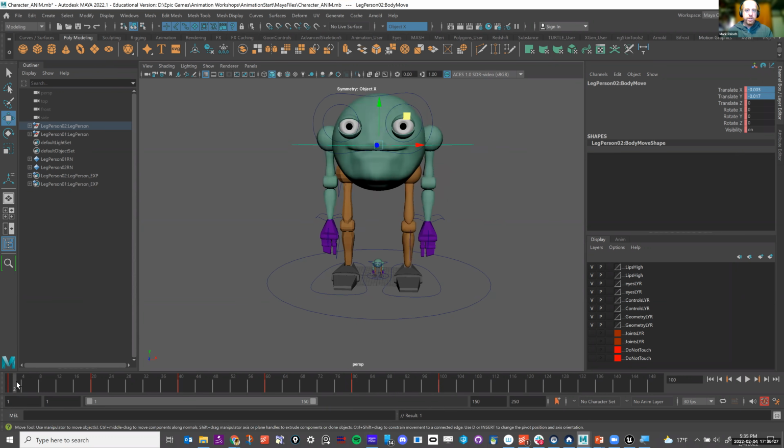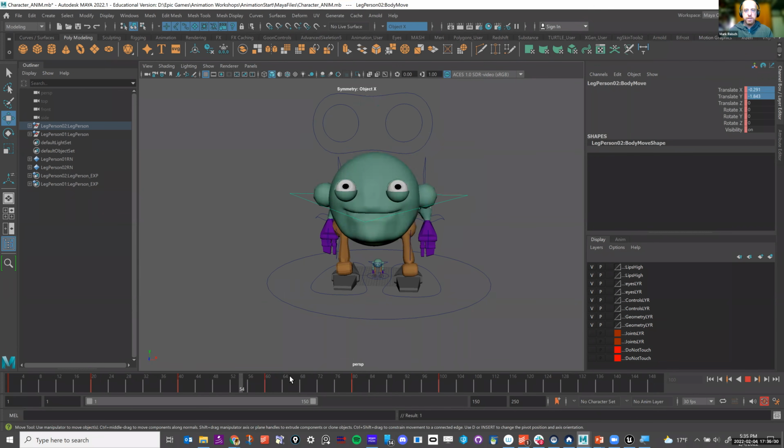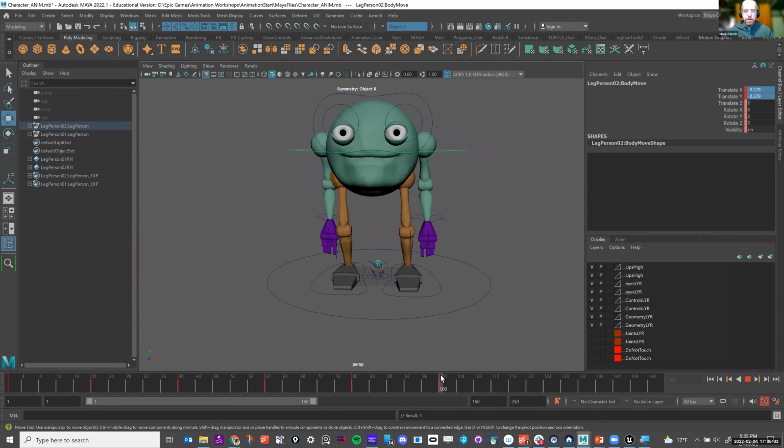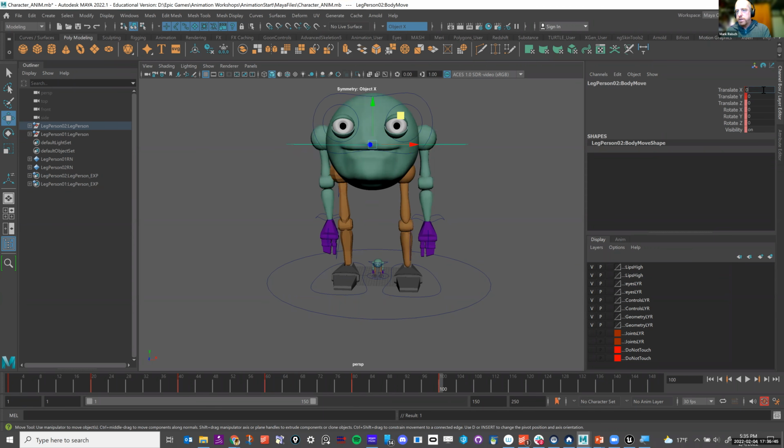Okay, so I have an animation that has my character going like this. I actually could repeat the animation and just have it loop, but I'll just end it right there. So that's going to be, oops, set that to 0, 0 and 0.